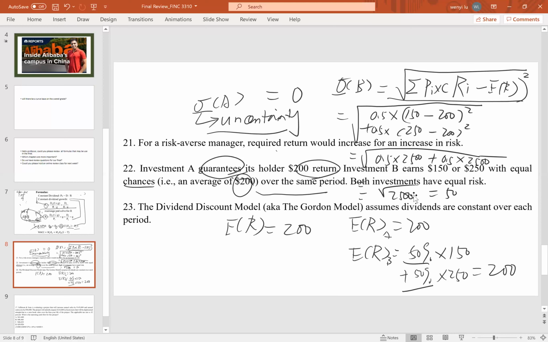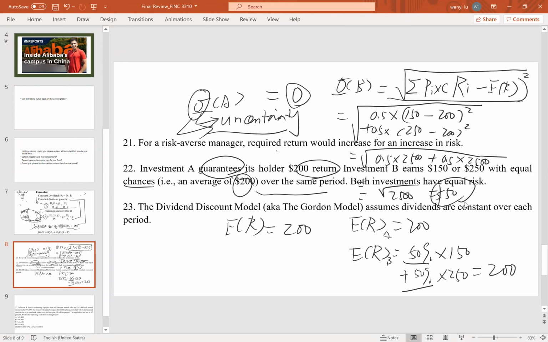So our B asset, right? B asset risk will be $50, and A asset has the risk of 0, right? So B has a higher risk than A based on your calculations. Even without calculation, you can determine B has a higher risk because your returns are not certain, right? And risk is a measure of uncertainty. So B has a higher risk. But from these questions, I hope you can also capture how to measure